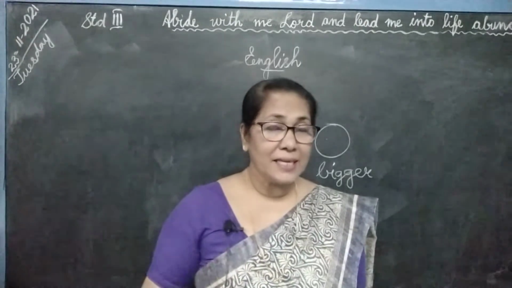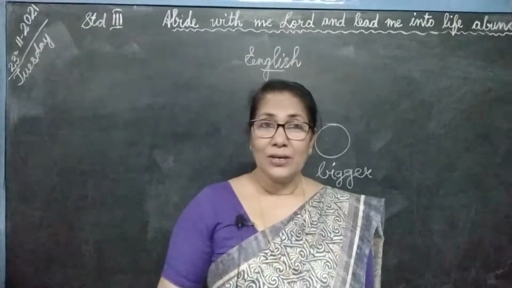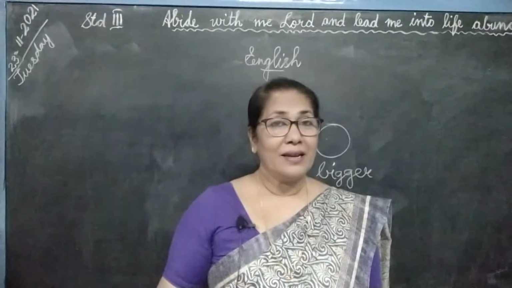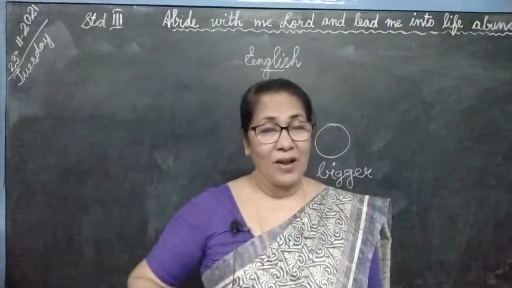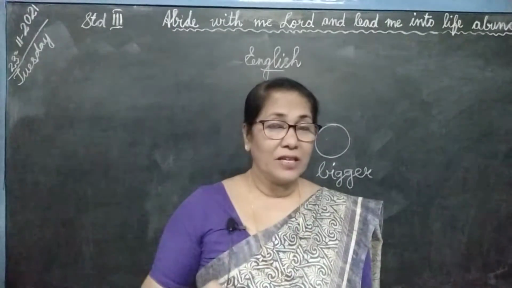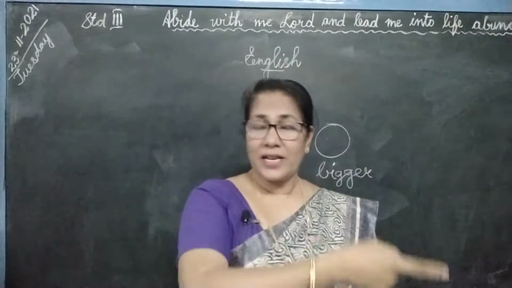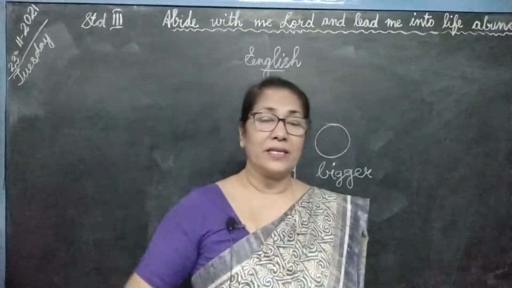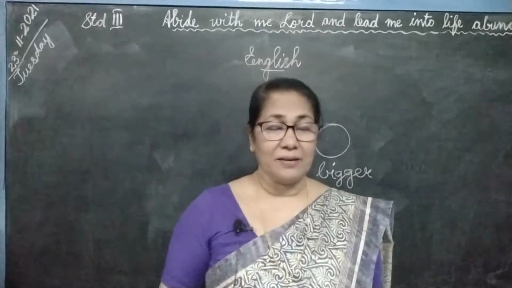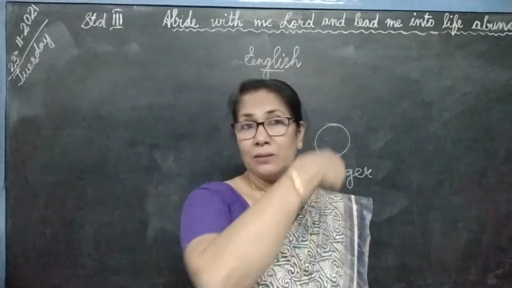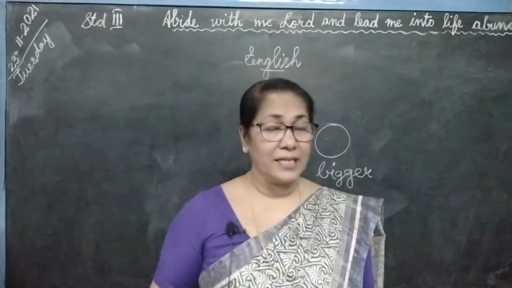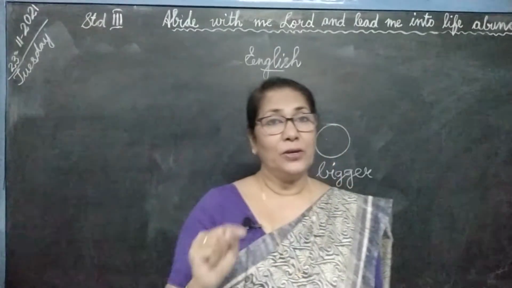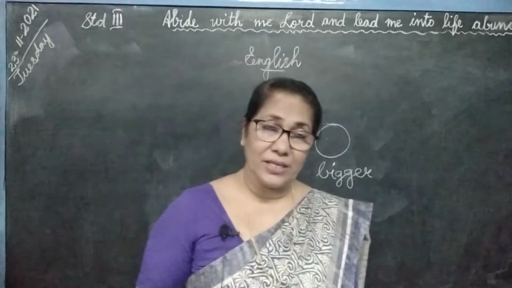You compare the size, you compare the height, you compare the beauty. Some people will be fat, so that's a positive degree. Fat, fatter, fattest. Say I am fat. A person who is a little more fat, we call fatter, and the person who is the most fat, we call fattest. Follow. So for the comparative degree, we use -er with the adjective.